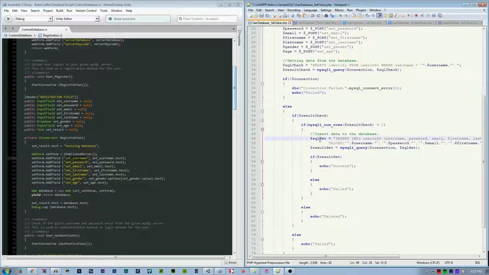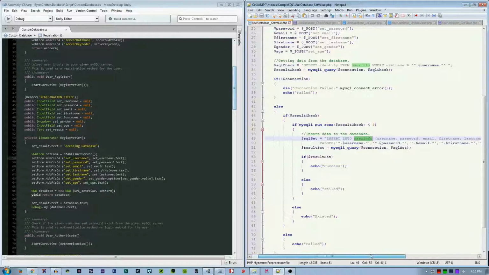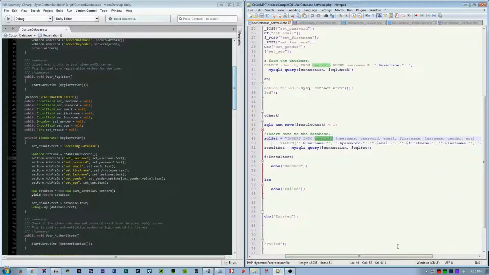So we should call another variable, SQL set, equal to INSERT INTO in capital letters, user info, the name of the table, and then an opening parenthesis, all of the data that you need to access. So I need to access username, password, email, first name, last name, gender, age.